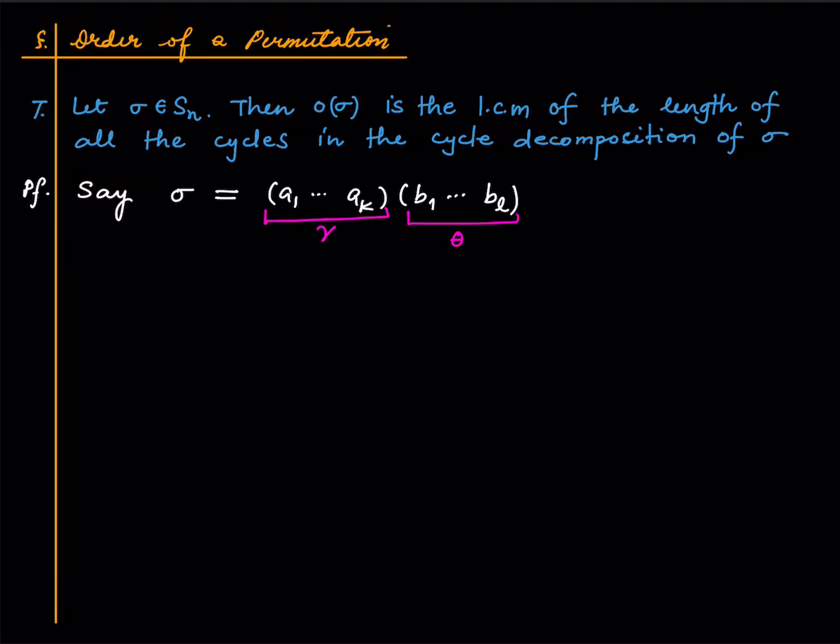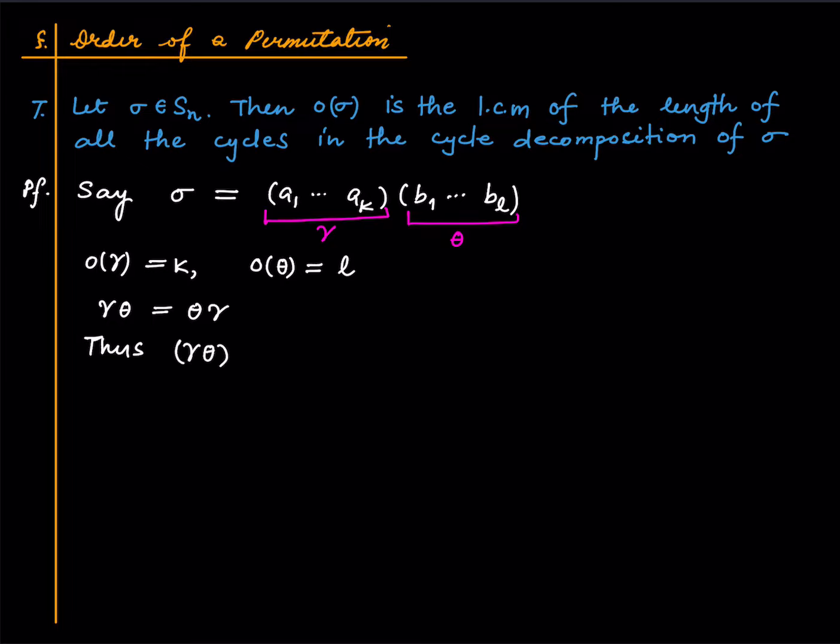So the order of gamma is k, because gamma is a k-cycle, and the order of theta is L. Gamma and theta commute because they are disjoint cycles. Why are they disjoint? Because this is the cycle representation of sigma, and any two cycles in a cycle representation are disjoint. So none of the AIs is any of the BJs. So gamma theta is theta gamma, and therefore,